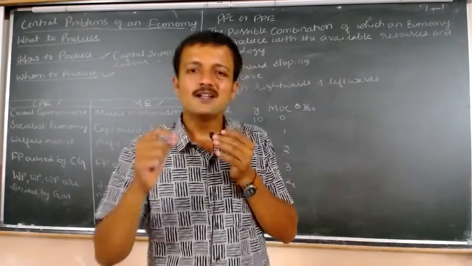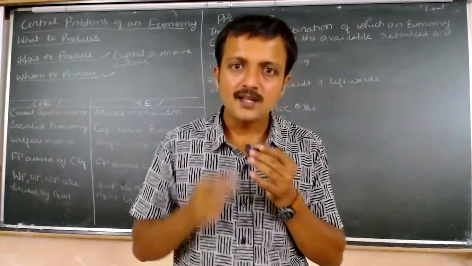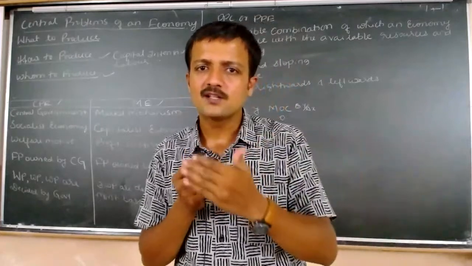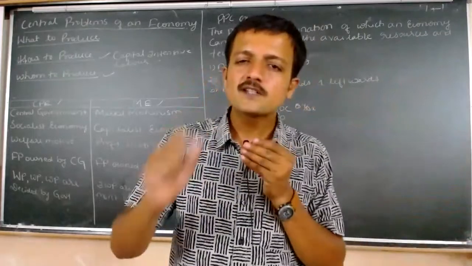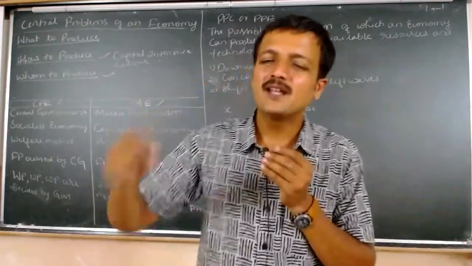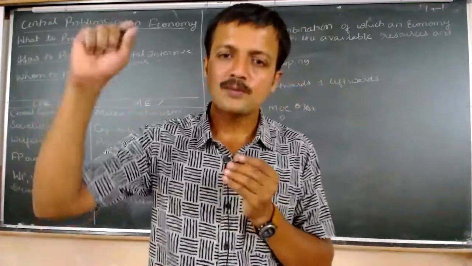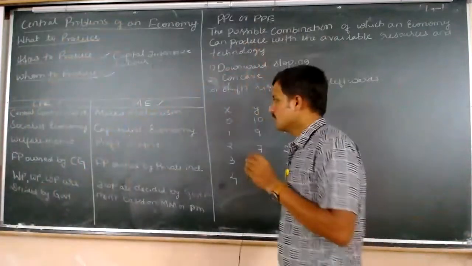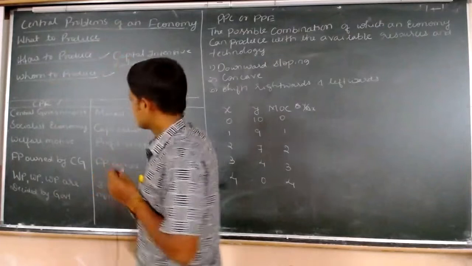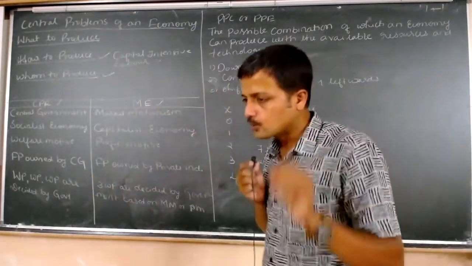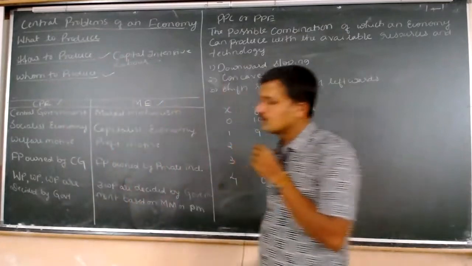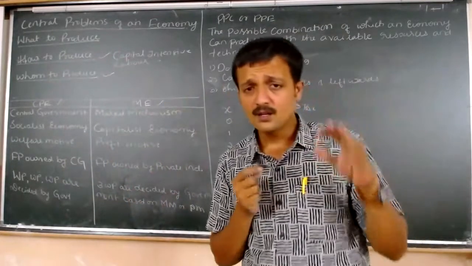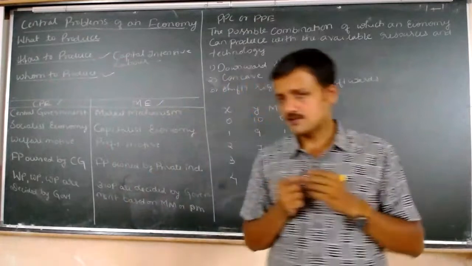Remember, an economy is made up of different individuals, that means economically strong and economically weaker. So the distribution should be such that even the economically weaker section should also be reached. Then next, you have two short notes. One is on centrally planned economy and the other one is on market economy. Okay, both carry 4 marks.